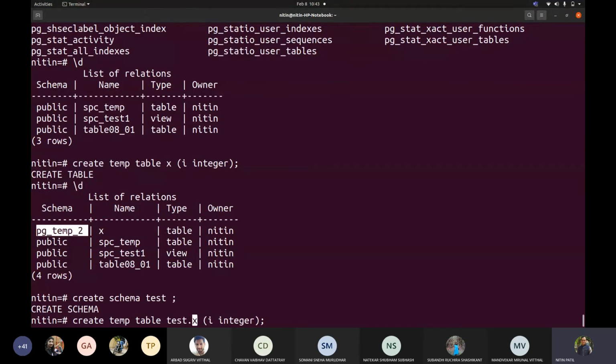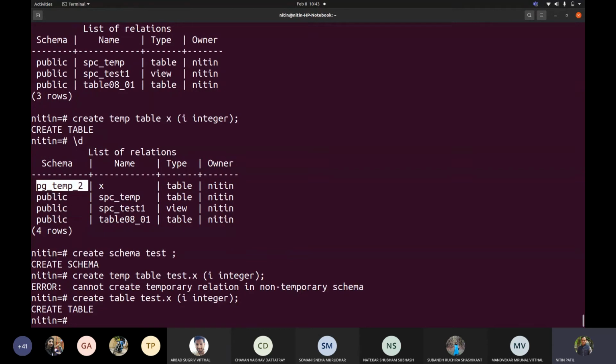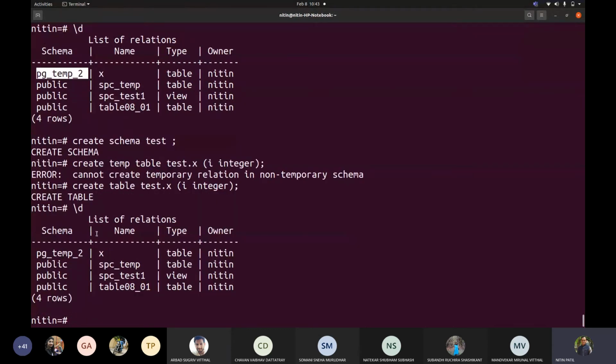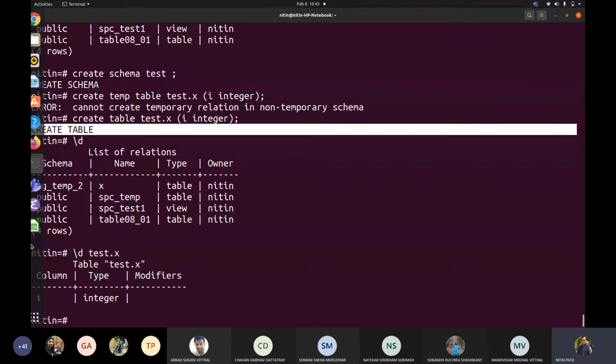Test. So let us remove this. If I see now, that other table is not shown to me, correct? Other table which was created, because it says create table, correct? So if I try to write now \d test.x, then it definitely will show me this.